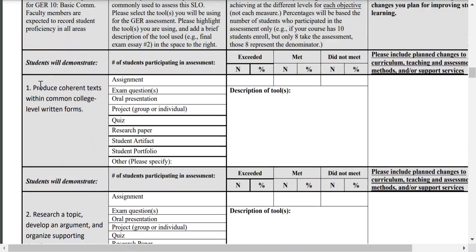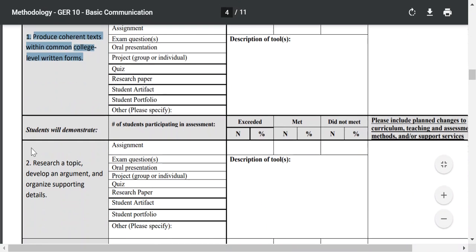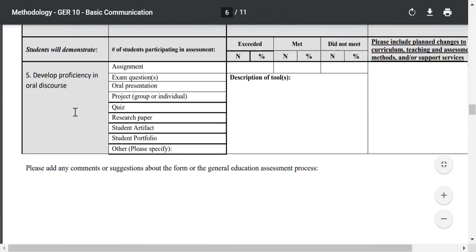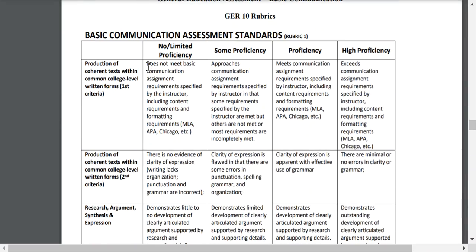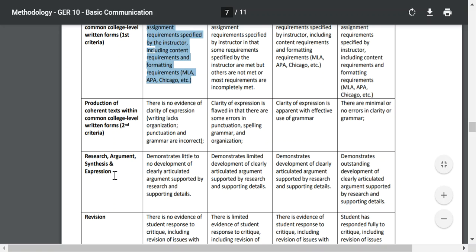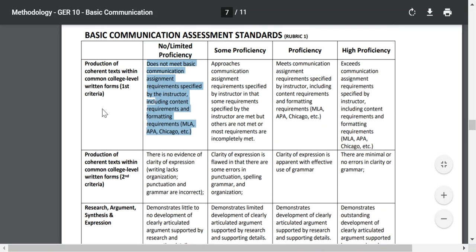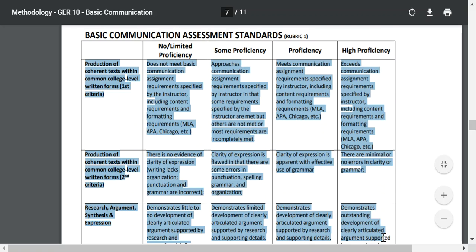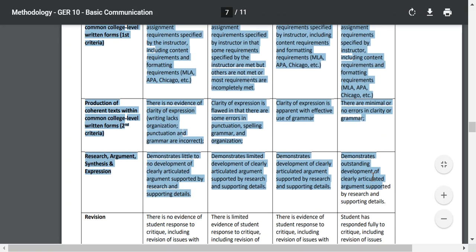So at this point, you've got 2 options to report out for each one of these outcomes. Option 1 is probably the easier of the 2, and that is just to retool this rubric as a grading rubric, and that's what I used to do. I used to just allocate point values to each of these areas, 1, 2, 3, 4, and then I'd use the top 3 for the first draft of a research paper, these 3 right here. So 4, 4, and 4, 12, and then I'd have the revision for the second draft, 16 points in total for the paper,